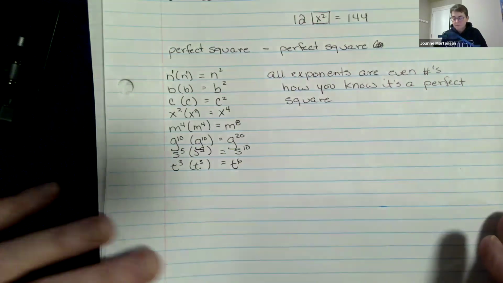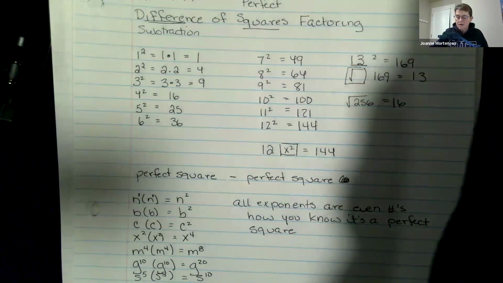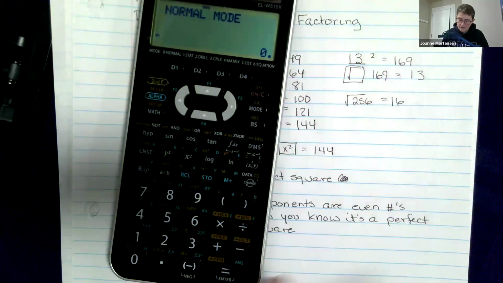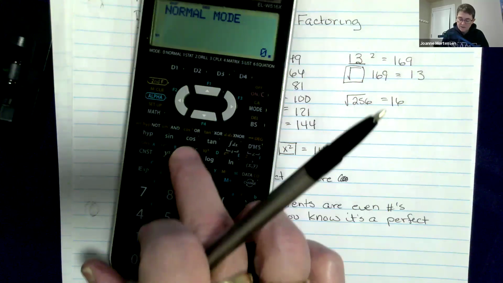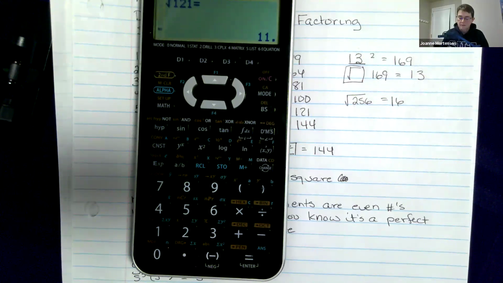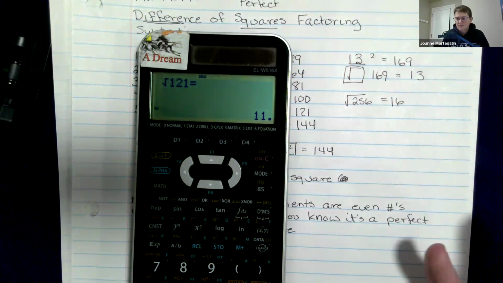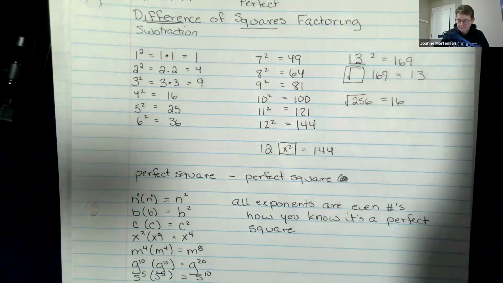Because up here, if we wanted to check if something was a perfect square, I don't know if 121 is a perfect square. 121, boom. It was super easy. You use your calculator. If this comes out as a decimal, it's not a perfect square. However,